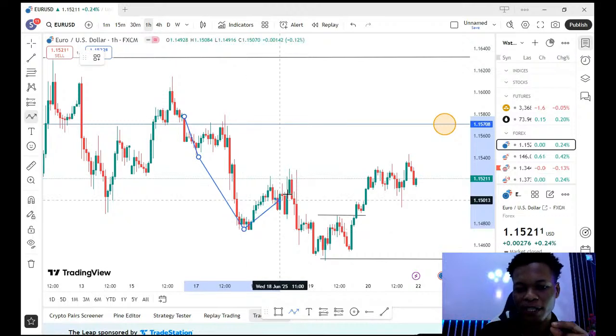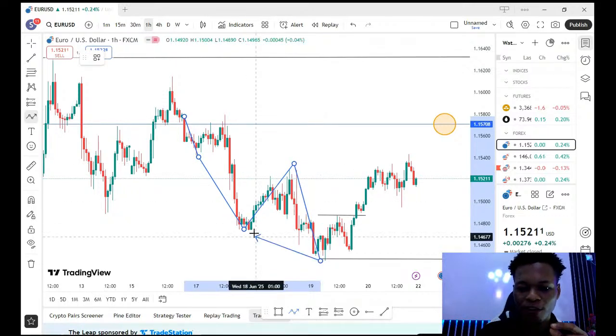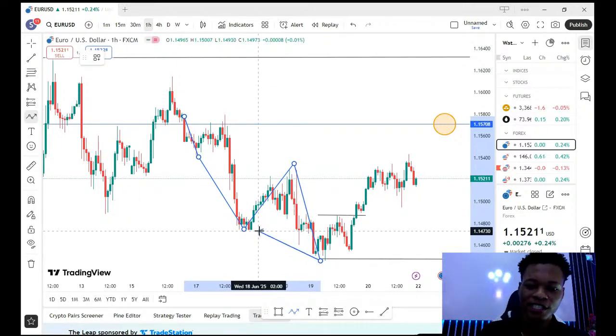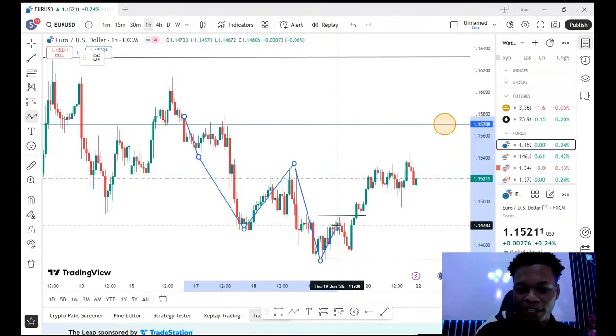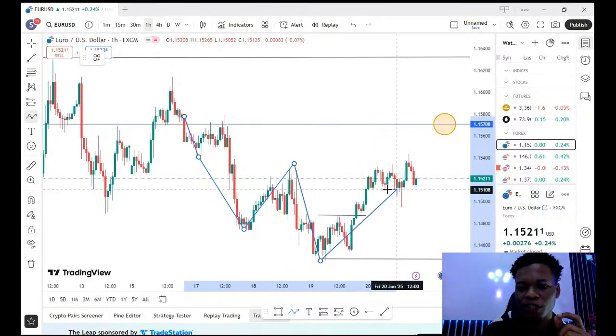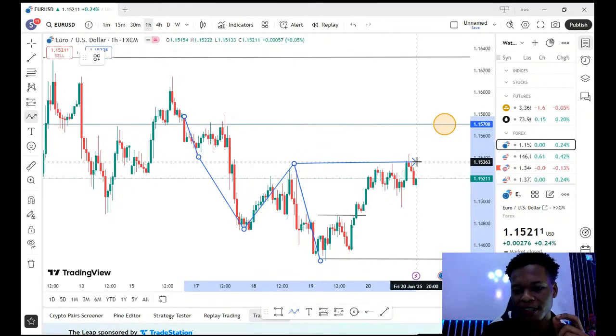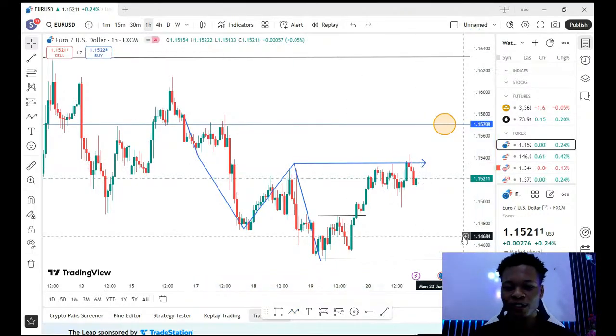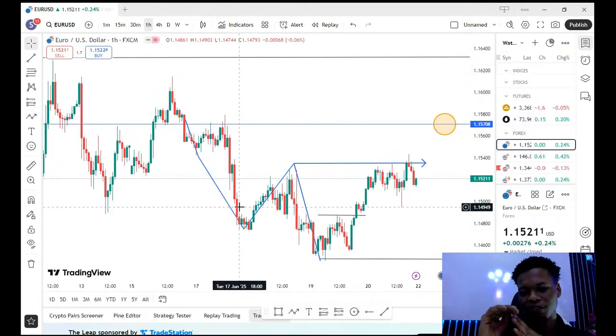First of all, price came here, gave us a low, and went up to break out of this low, giving us a break of structure that price is actually going down. Came here, made a small double top and went back up. So it's going currently to this high. If you notice, this high has not yet been broken, telling you that the sellers are still in